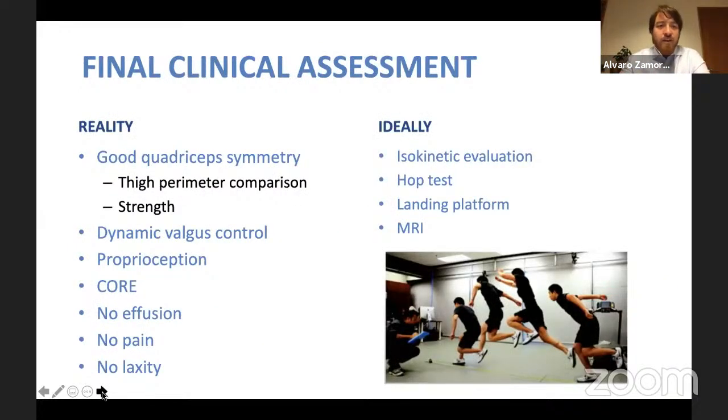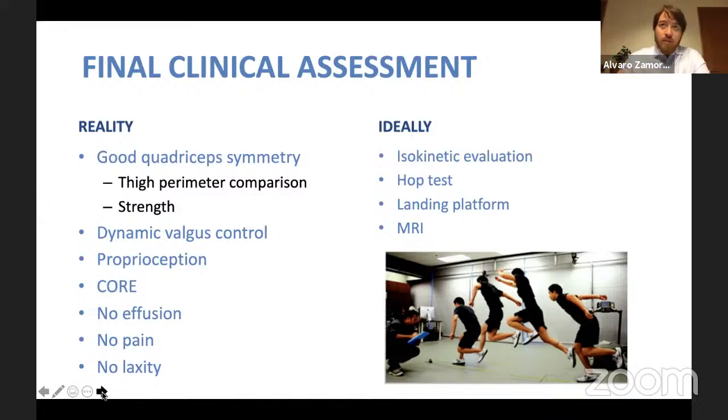And for us, the final clinical assessment has to balance reality and ideal. Reality, because some of my patients are not pro athletes, and maybe don't have the capacity to get fancy or sophisticated tests that in my country are expensive. So in our reality it is good quadriceps symmetry, tight perimeter compression, strength, dynamic valgus control, that is